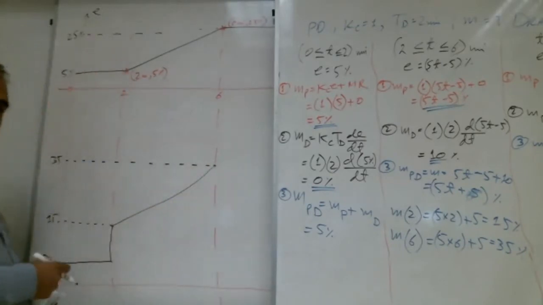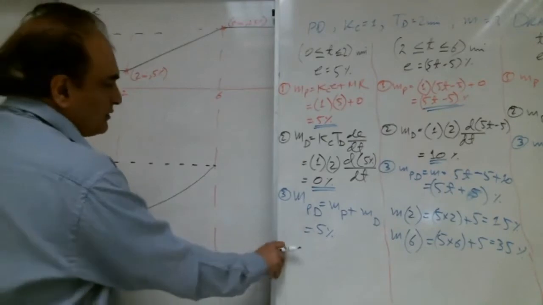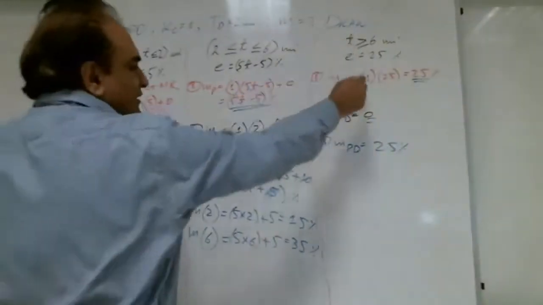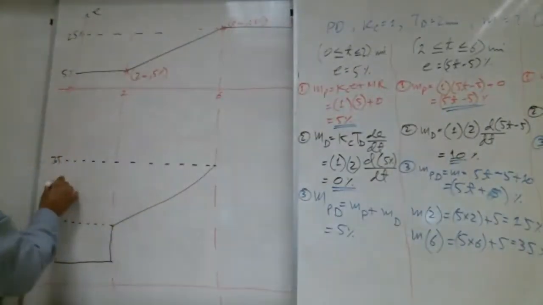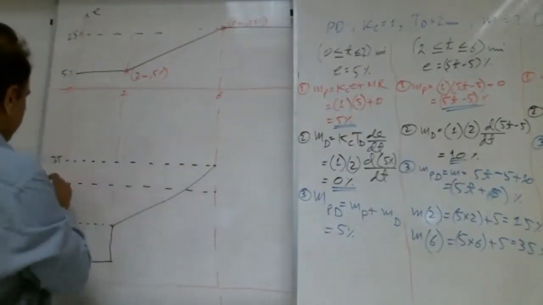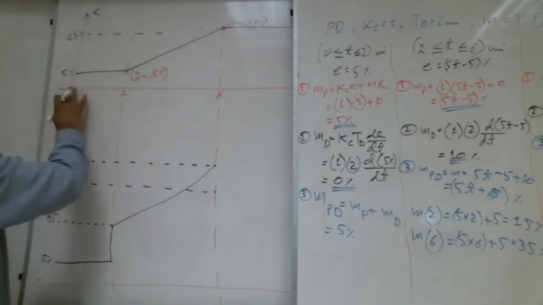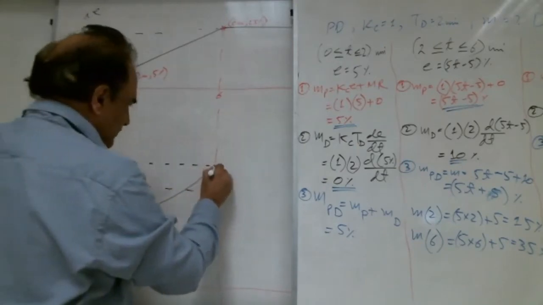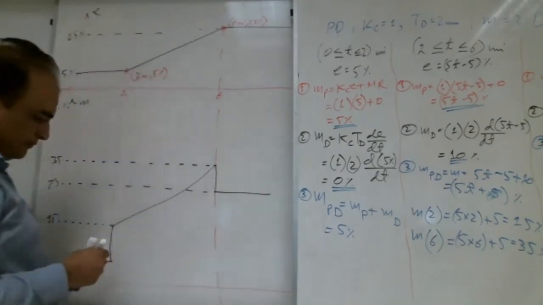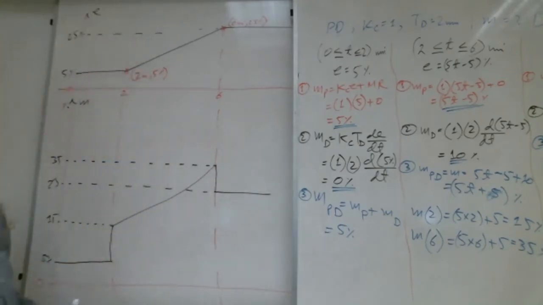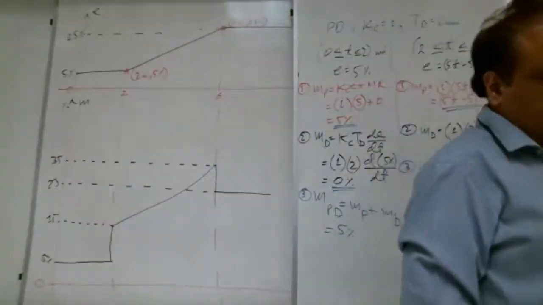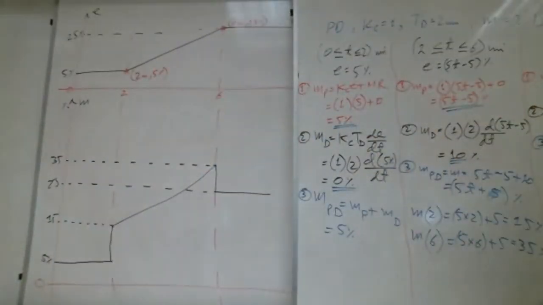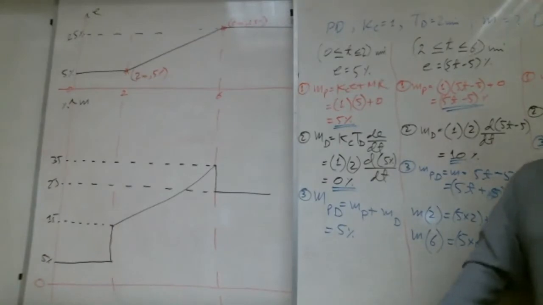Right, Shabab? And then, see here, at 6, it comes back to 25. So we will make a line in the middle, that is 25. This is output percent, and we will bring it down like this. Right, Shabab? Any question up to here? Please ask. That's good. A lot of brothers are writing no question.